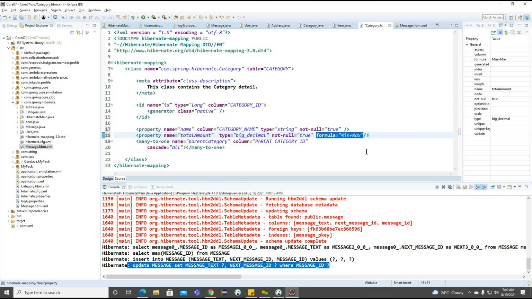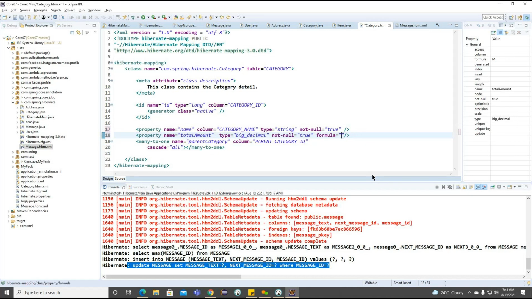The column is also going to be created after performing this expression. And once the column is created, it will try to inject the value. This is very important: whenever we work with this formula, we are not going to define any column here. Along with this, we can also use SQL queries inside this formula. So how can we define the SQL queries here?